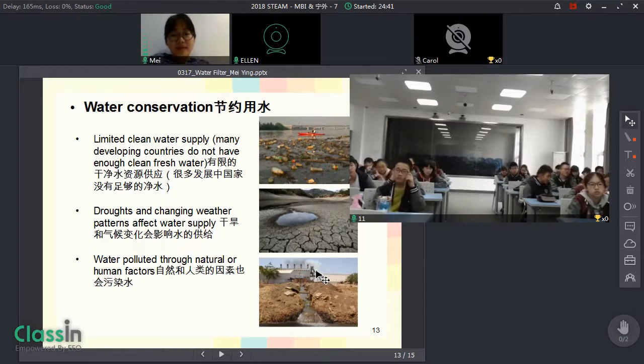For example, this maybe is an example of a chemical factory. They produce some chemicals for us to use, but they also produce very, very toxic contaminants to the environment. For example, they might